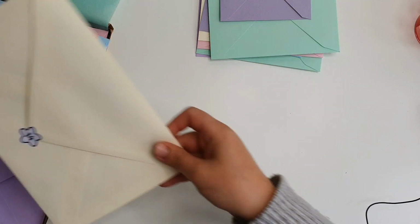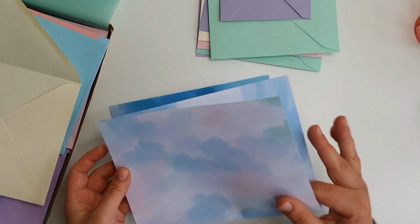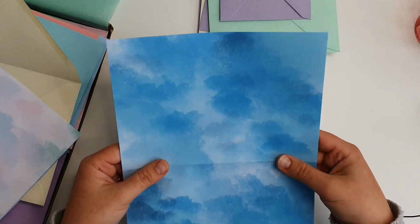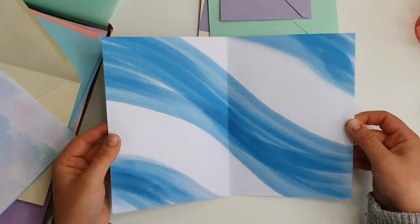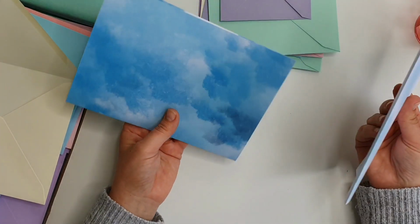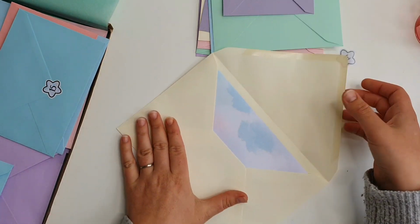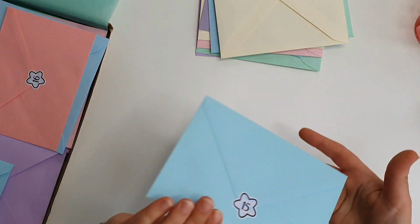Day 14 is this one. I've got a couple of papers. So you've got the watercolour clouds and the watercolour streaks. And then this one is the nighttime cloudy one, and the watercolour streaks again in a darker inky blue. I love the inky blue as well. That was just a complete whim. I'm going to have a play around and I'm really pleased with how it turned out. So you get 2 papers for day 14. The inky blue will all become clear. So day 15